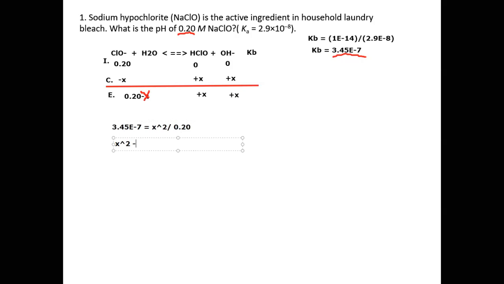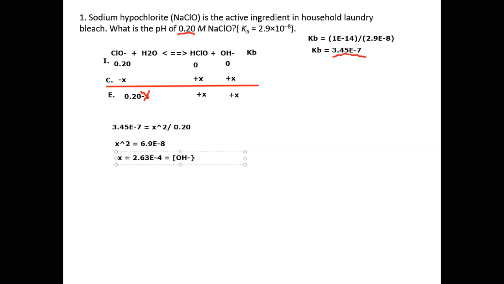X squared equals 6.9 e to the negative 8. X equals 2.63 e to the negative 4, and this also equals